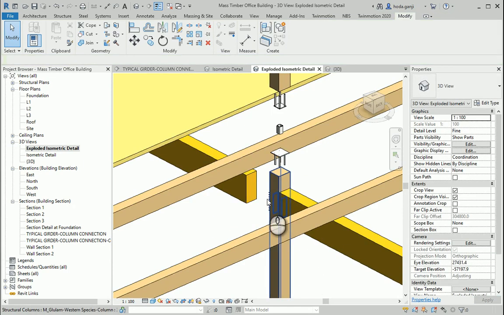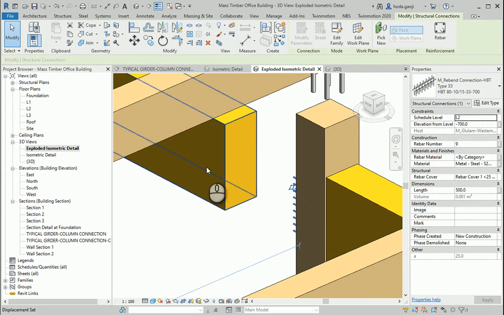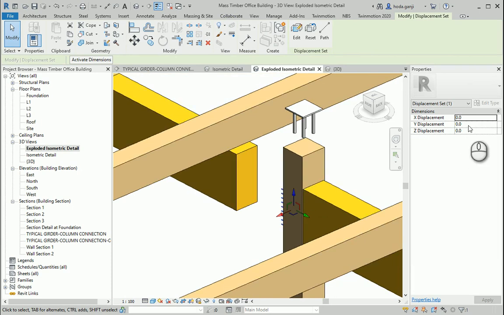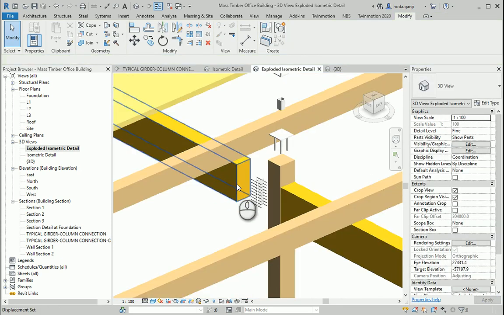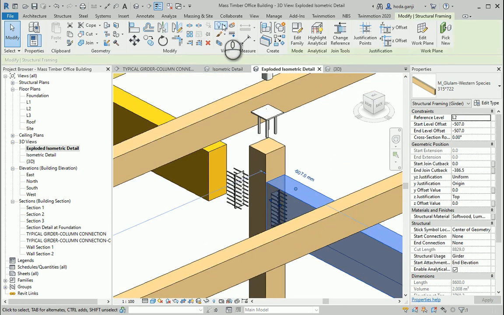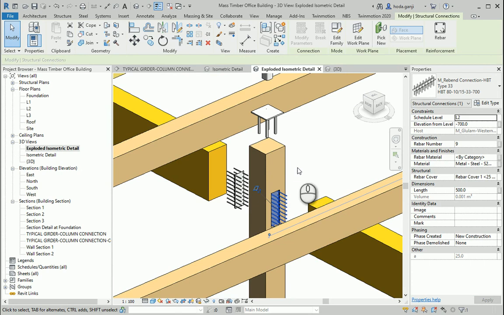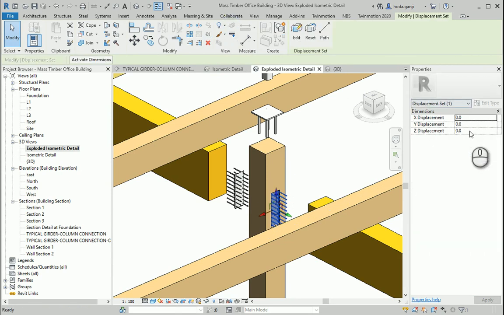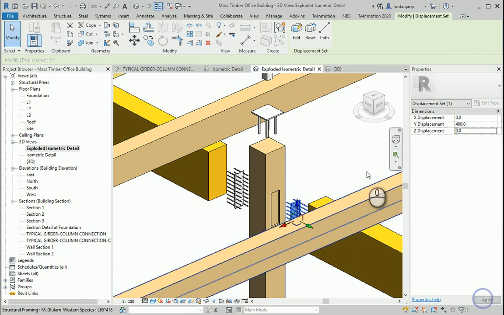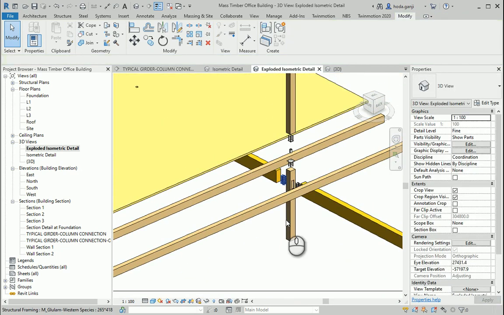Okay, and this element here, I want to displace it and move it by negative 400, just between this one and this one. And again, for this one, I could displace it and go with 800 on the positive direction of the y-axis, and this one I could go with 400 millimeters on the Y direction. Okay, so that's the column, that's the beam.